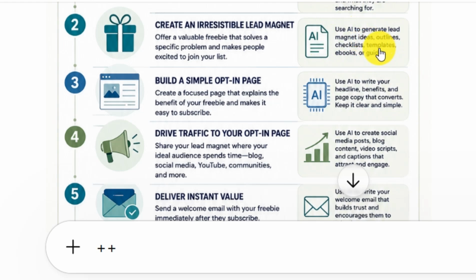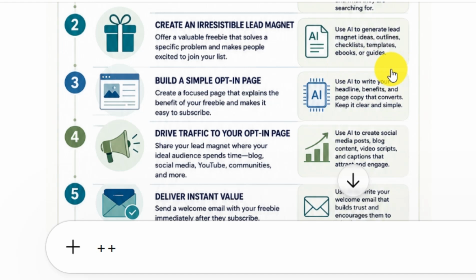So we talked about taking our buyer persona that we got from the previous step and putting it into ChatGPT or Perplexity or Gemini or whatever, and then asking it to give you lead magnet ideas, outlines, checklists, templates,